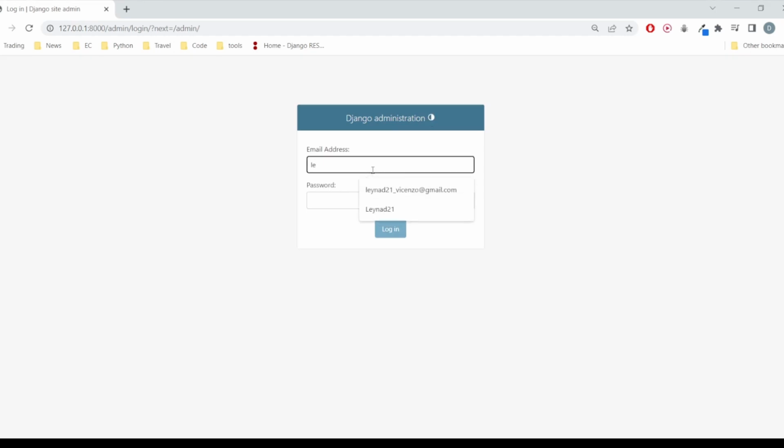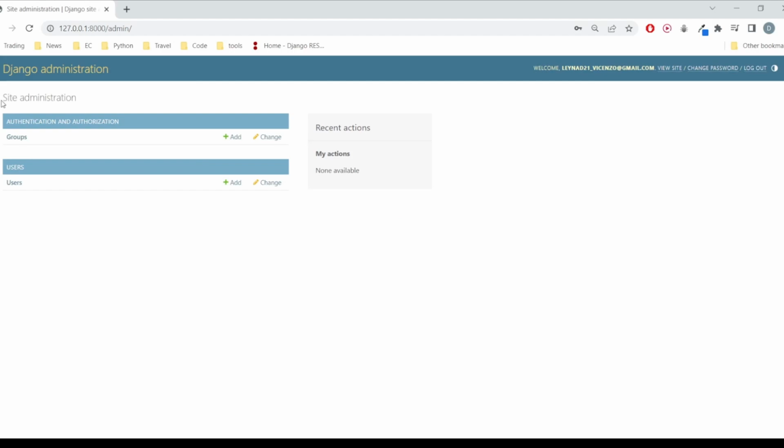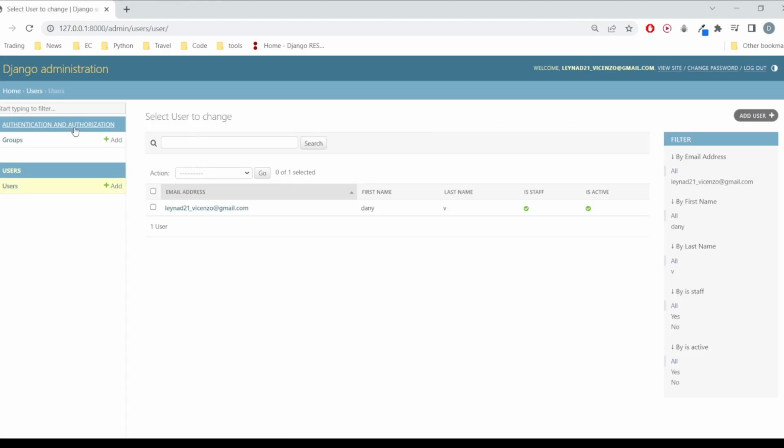So let's put here the username, password to be equal to that one that I created. Yes, so now we can see that we have only the authentication and the user, and this is the user